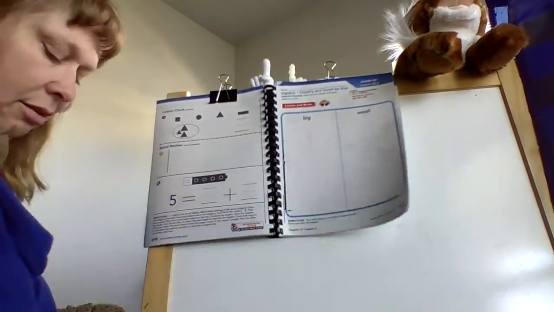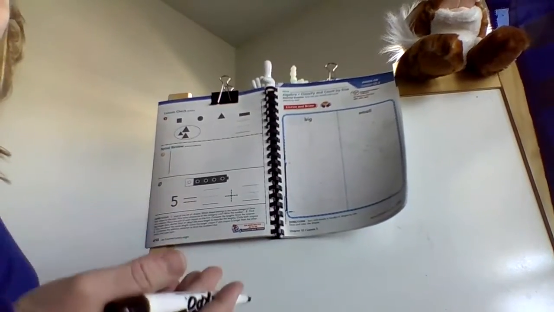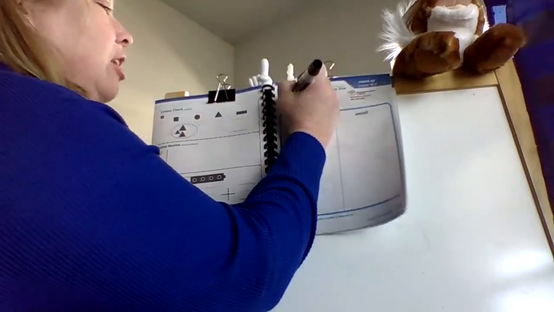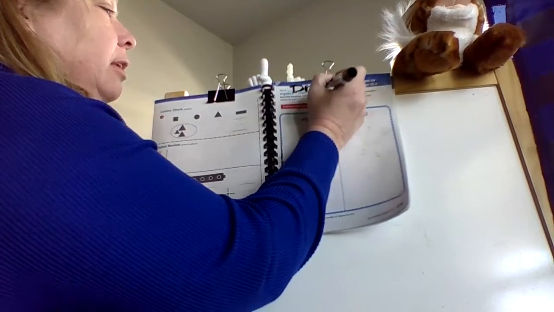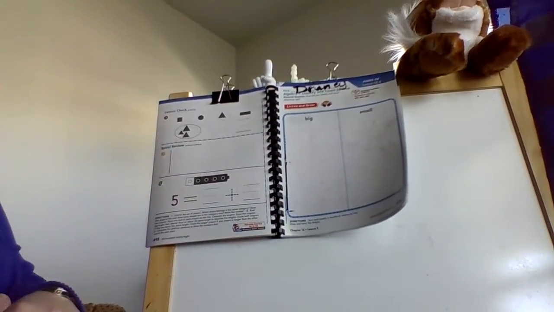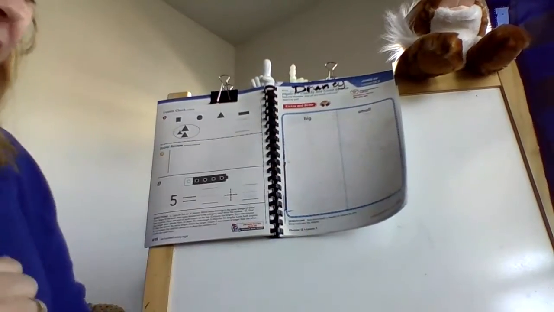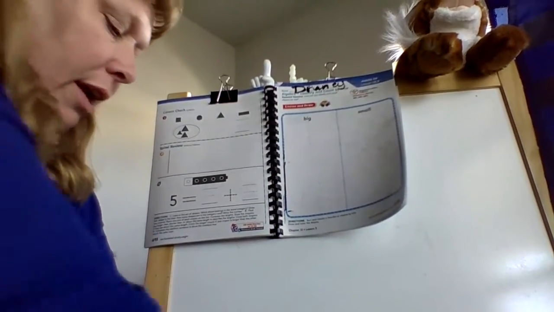small, small. Good. We always start off, what's the first thing? Write our name. Teacher almost forgot to write our name. Always, always write your name when it gives you the choice. We're going to talk about big and small, just like I said. So I'm going to start off with